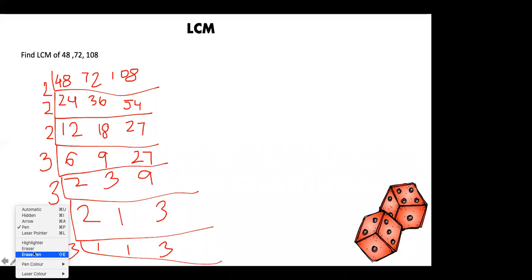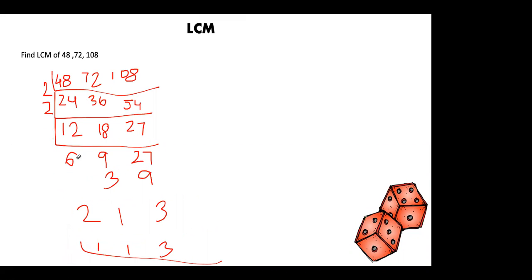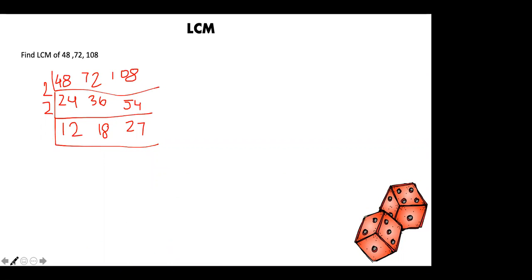Let us see. Okay. So here you did 3, correct? Yes. Okay. You did 3 here. After that, if I write 3 over here, what is 3 4s? 12, 3 6s are 18 and 3 9s are 27. Okay. Now after that, I divided them again by 3. So 4 doesn't go by 3. So I'll write 4 as it is. Is it clear?